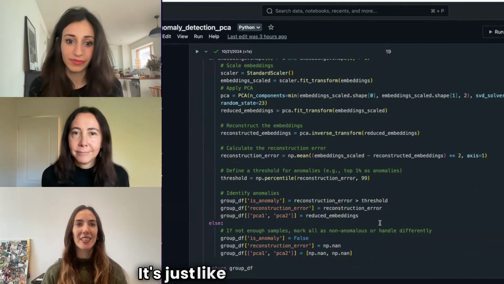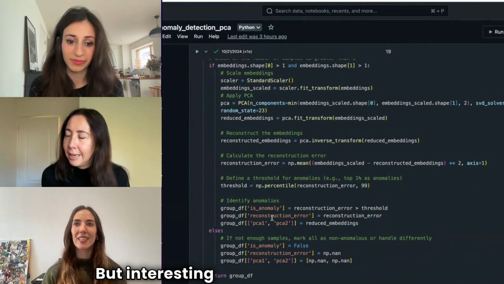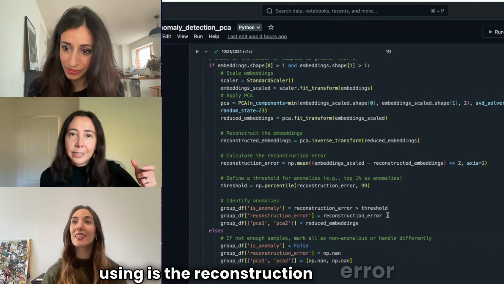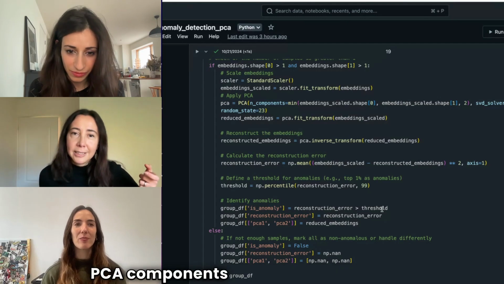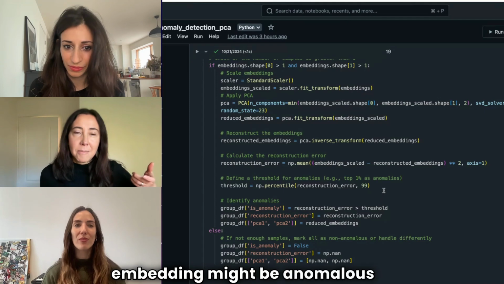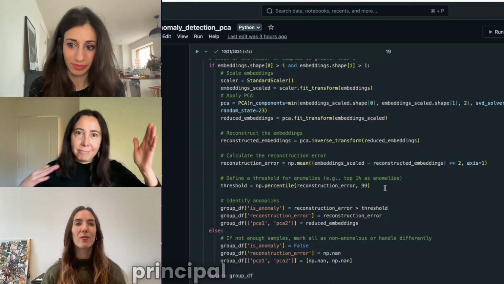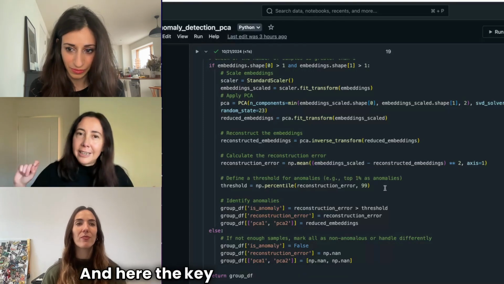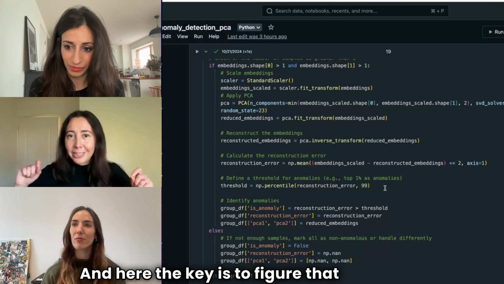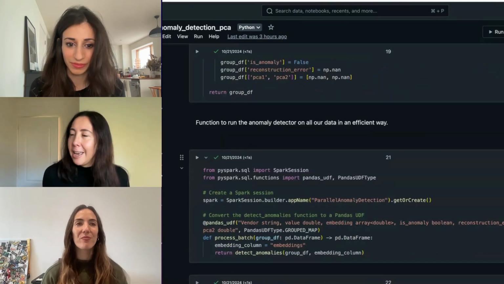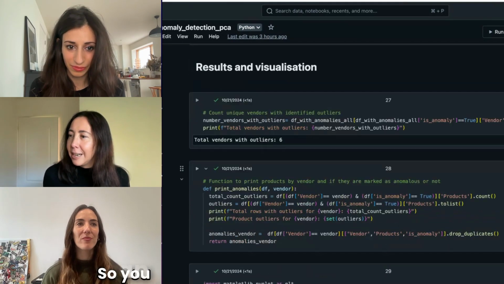So we first embed the data, run the PCA code. It's just like boilerplate code, but interesting is that here what we are using is the reconstruction error of the PCA components in order to judge if that embedding might be anomalous in comparison to the principal components. And here the key is to figure out that threshold. When do we say that it is anomalous? So you can see here an example